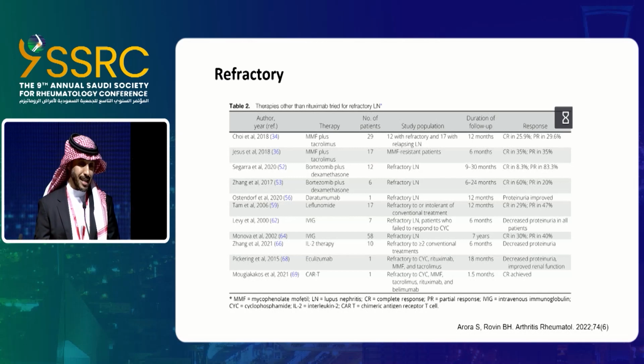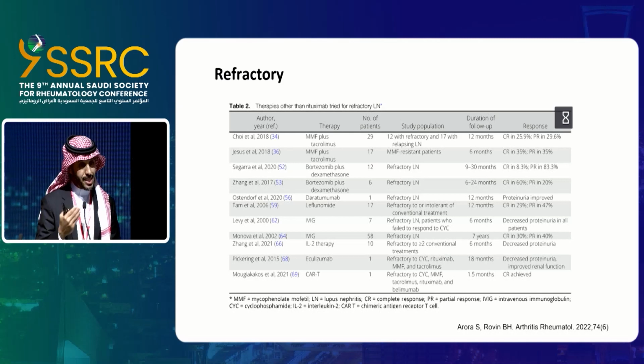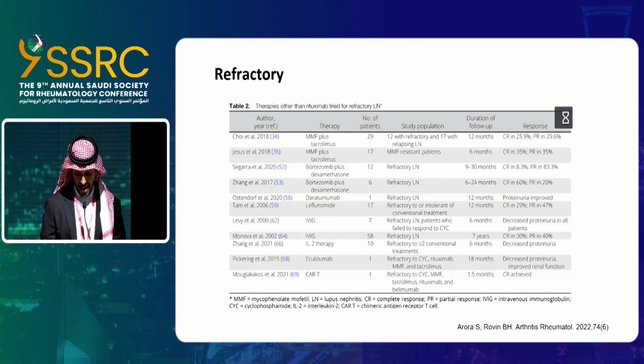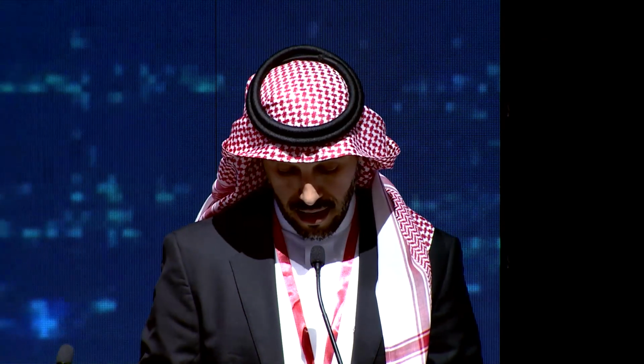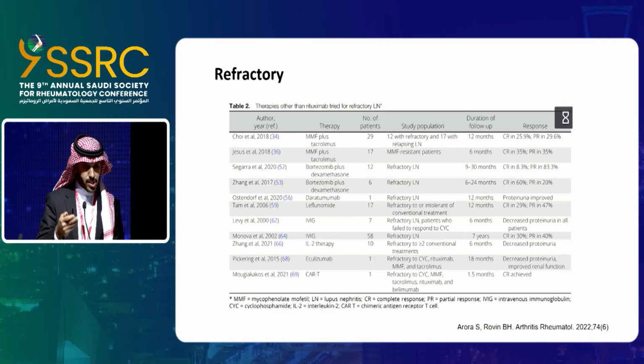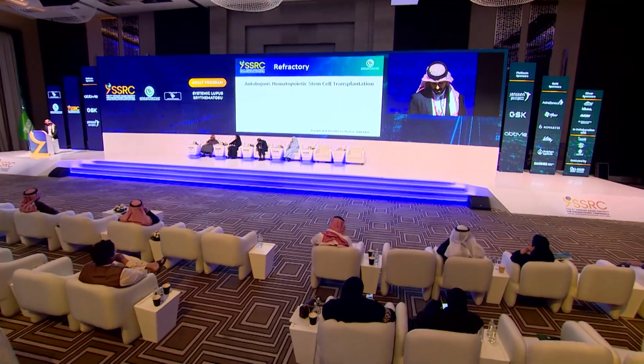IVIG has been tried. The idea of giving IVIG is to neutralize the autoantibody and also to increase the clearance of autoantibody through the reticuloendothelial system. It's been tried. The result sounds promising, but again, the number of patients was not that good. Anti-complements, eculizumab, in SLE without microangiopathy, we have no good data about it. There are few reports about eculizumab as an anti-complement therapy in patients with lupus nephritis and microangiopathies. Okay. How about